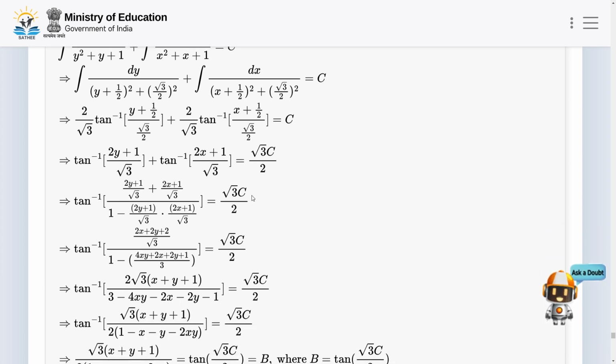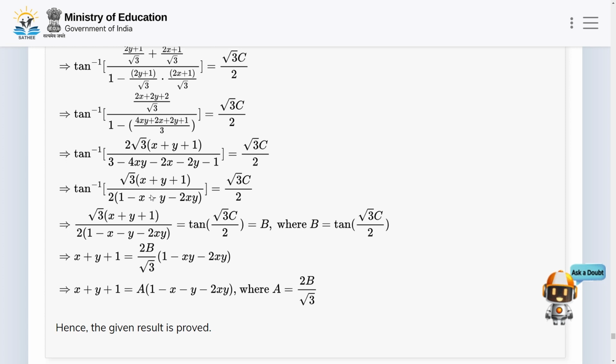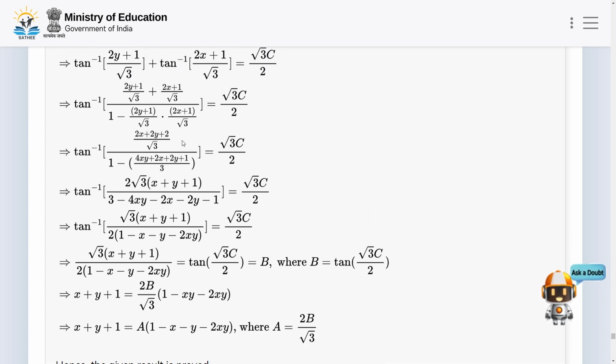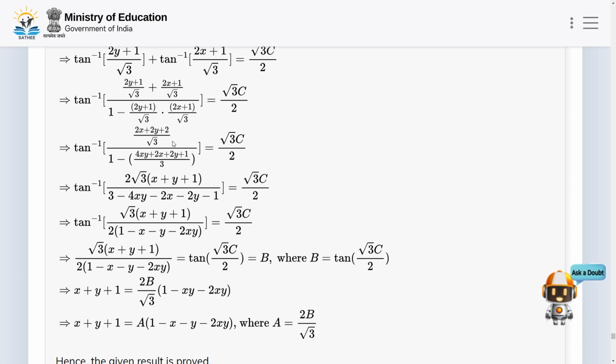This means apply the tan inverse a plus tan inverse b formula. You will get this. Okay, clear? Rearranging, I am not going into the depth as the steps are already given here. Please refer to them. I am just going to the last step, which is x plus y plus 1 is equal